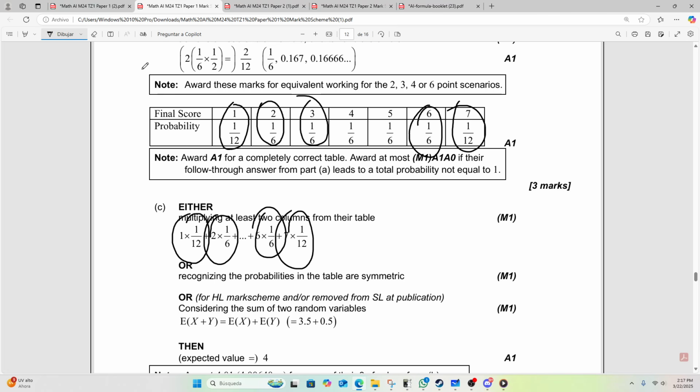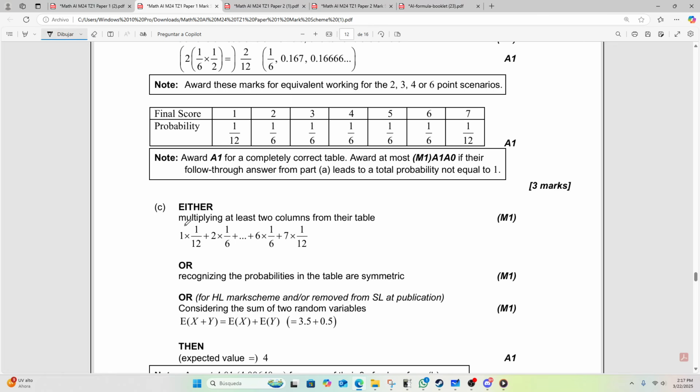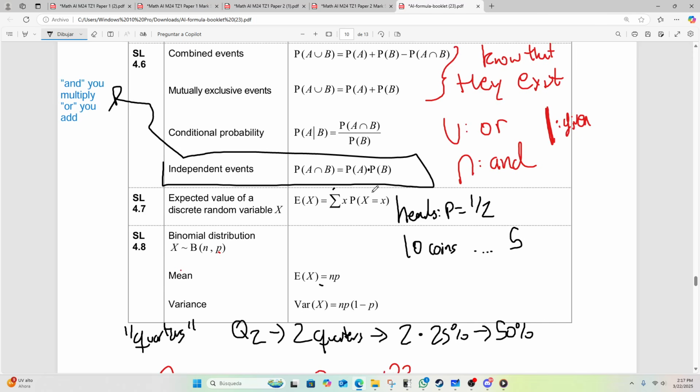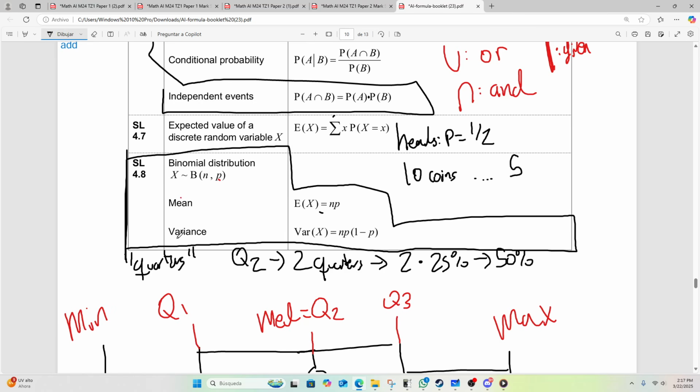Now, click on one of my videos, you're going to learn it a little better. But notice, just for attempting the expected value, you get a method point. So it's good that you know that it exists. So I guess the bigger tip I can give you is that this does show up at least once per exam. Binomial distribution is a little too complicated for me to get into in a quick way.